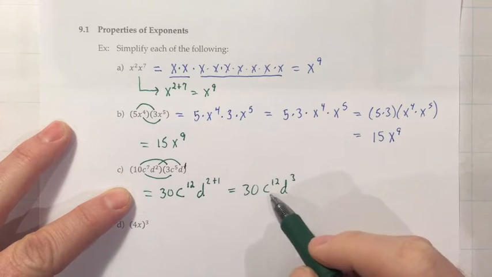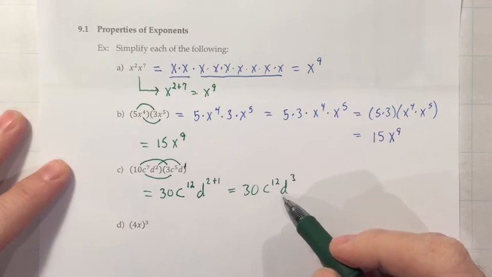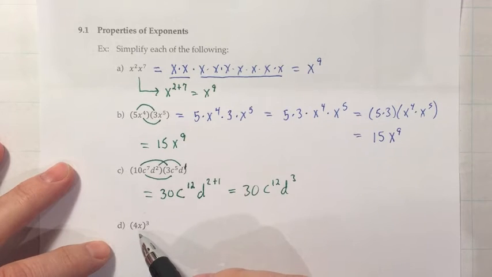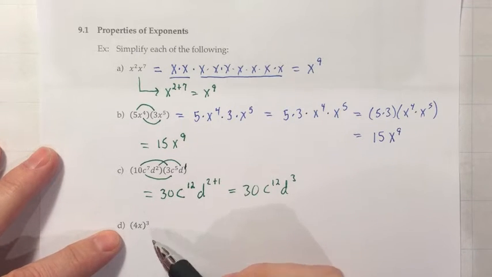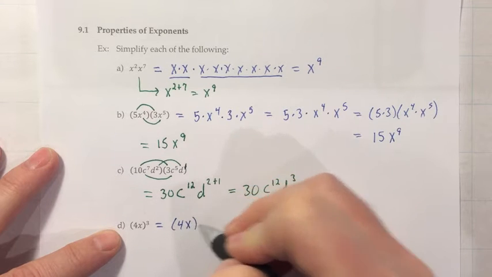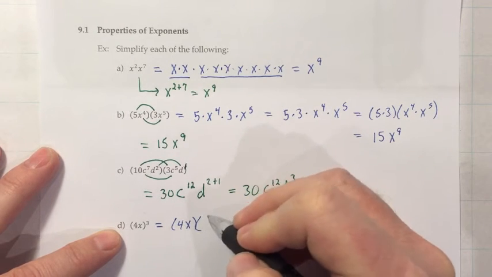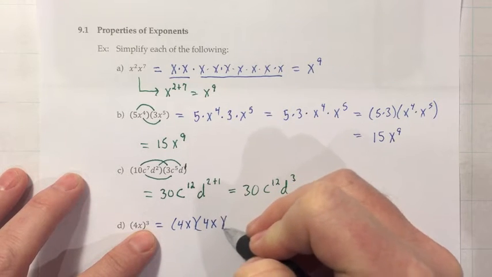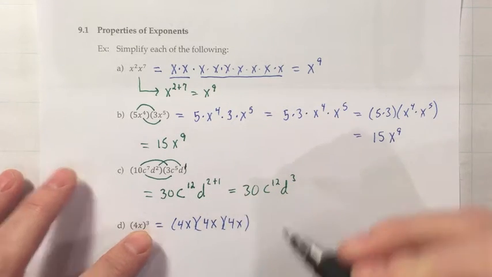And it's important to understand we can't combine these two because they have different bases. All right, and then moving on to this next one, if we just thought about what does 4x raised to the 3rd mean, an exponent means to take whatever the exponent is on, the base, and we would multiply that with itself until we had the exponent number of factors, or in this case 3 factors of that, so 4x